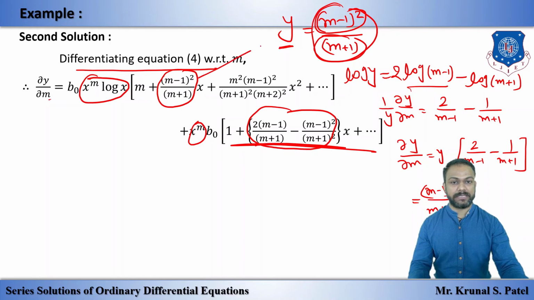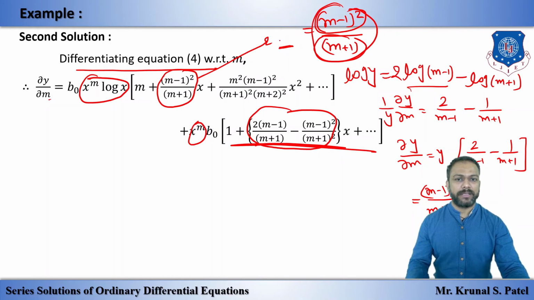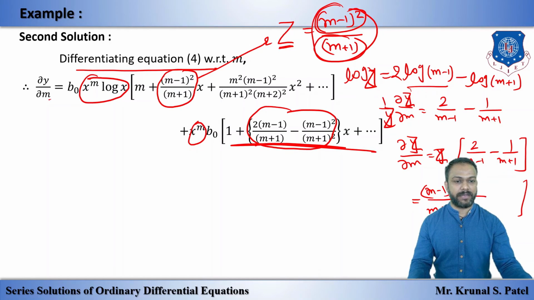This is our y. Now we just supposed this, not the original y. Instead of y we can suppose z also. So we will suppose z. So what is the value of z? This. And now if we multiply this inside this term, you will get this bracket, this bracket. You can see that by cancelling this out, we have 2 (m minus 1) upon (m plus 1), and if we multiply here, (m minus 1) whole square upon (m plus 1) whole square.